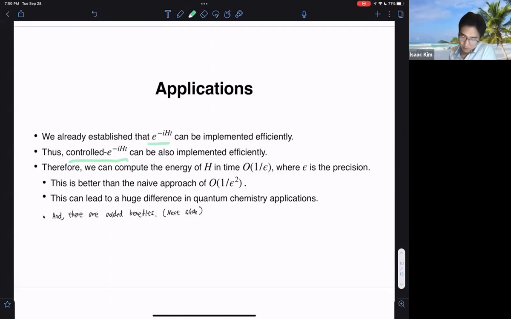It turns out that to compute the energy of H up to a precision of epsilon, you only need a time that scales like order 1/epsilon. It's one of the nice things about the quantum phase estimation. And this is very different from the naive approach, which would scale as order 1/epsilon squared, because if you can